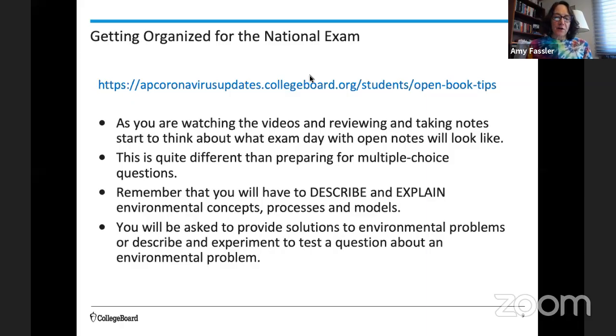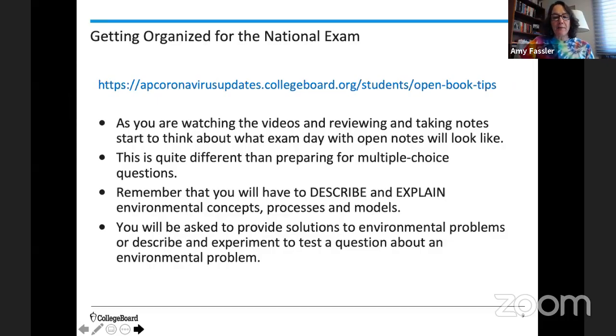It'd be a little bit different if we were taking multiple choice questions on the exam. How I organize my notes and what I include in them might be a little bit different. I certainly need facts and details to put some meat on my description and explanations, but keep in mind how you're going to be assessed on the content and how you're going to organize your notes as you're going through the lectures, that you really want to start visualizing what that test day is going to look like when you sit down with those notes in front of you, and how to make the most out of that, as well